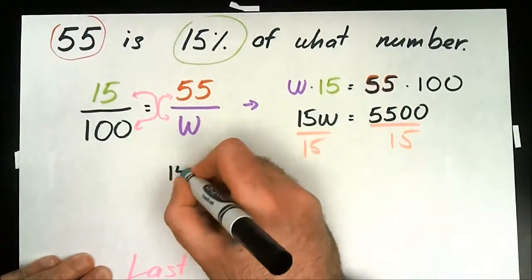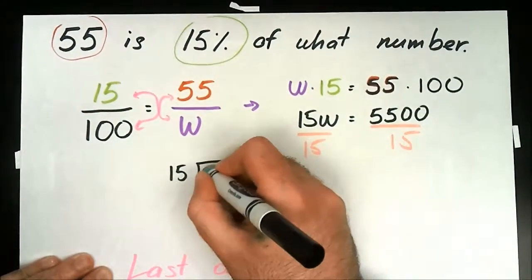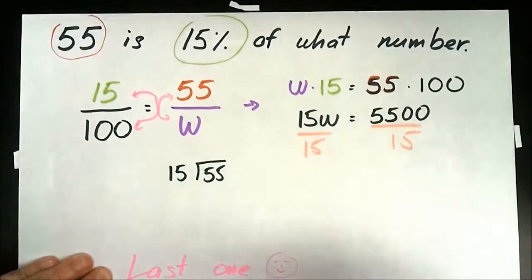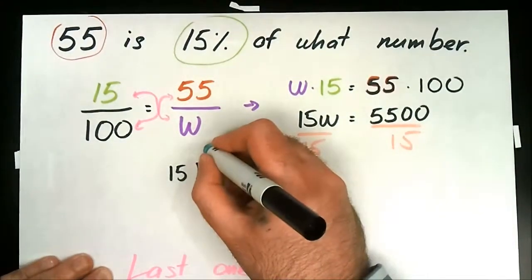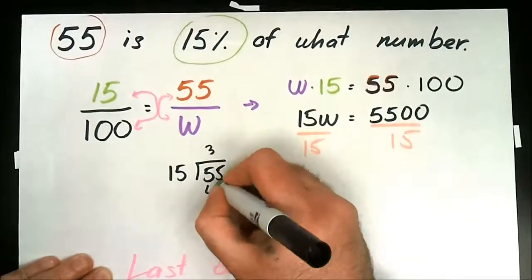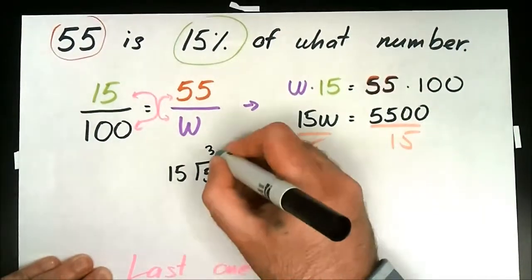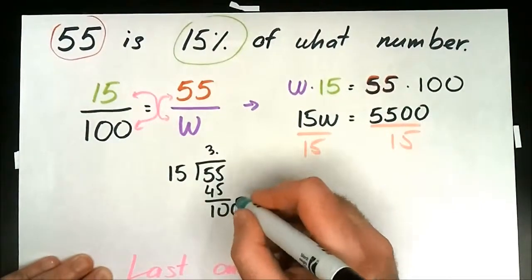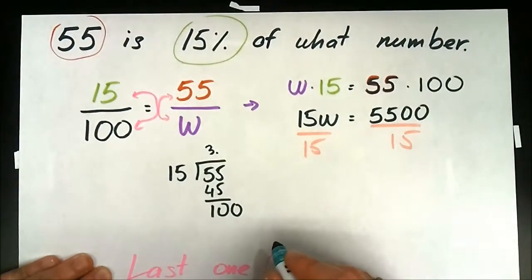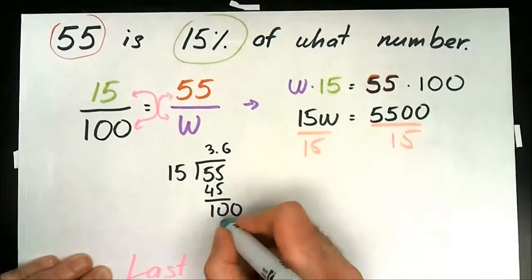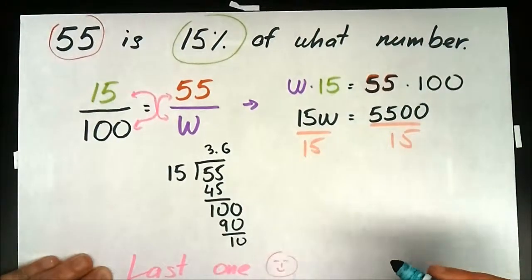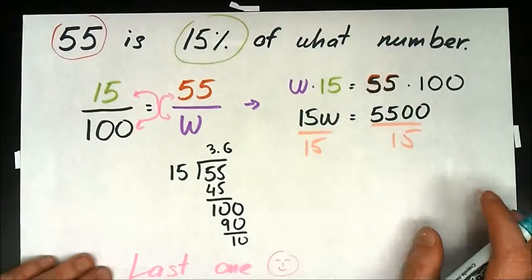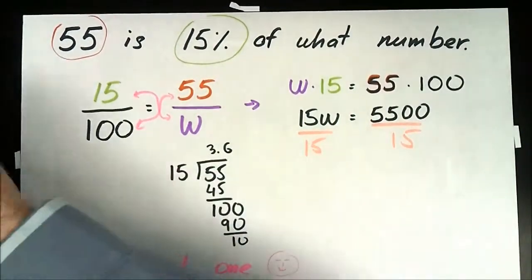So 15 into 55. I'm ignoring the two zeros now because I'll just add them later. That is going to be 3 times 45, 10, add a decimal, 100. What is that? Not 7, so 6, 90, 10 again. It's going to be repeating. It's going to be 3.66666, so we're just going to round it off to 3.6. So our W